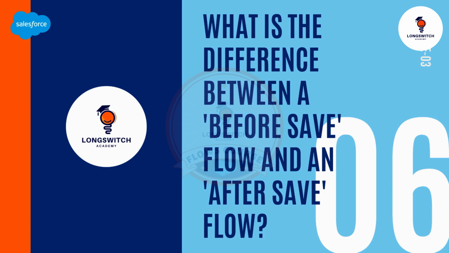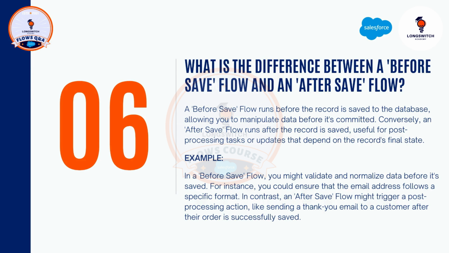Question 6. What is the difference between a before save flow and an after save flow? You can answer it like, a before save flow runs before the record is saved to the database, allowing you to manipulate data before it's committed. Conversely, an after save flow runs after the record is saved, useful for post-processing tasks or updates that depend on